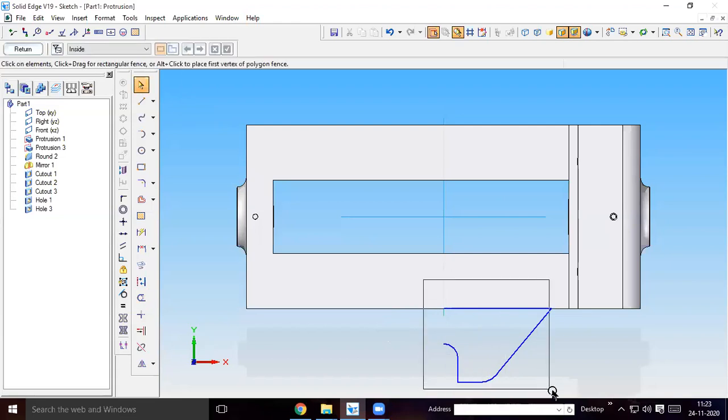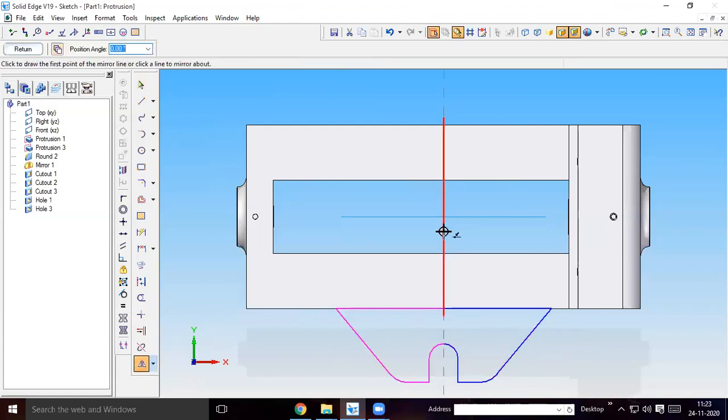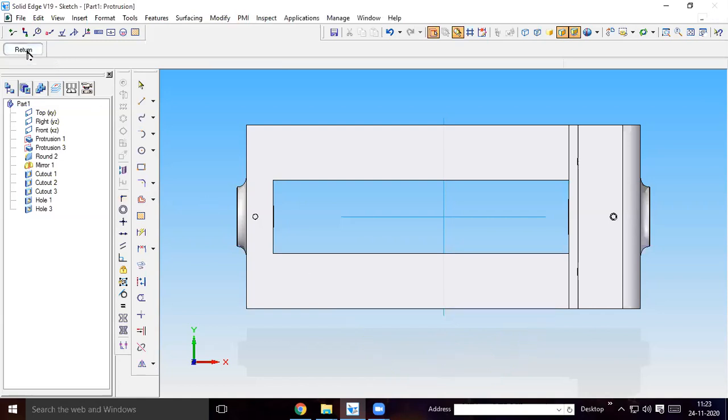We want to join now, sir, the lines. Which one? Sir, the wing. I will show you. You select this. Okay, mirror option, mirror with respect to this plane, so that you will get like this. Once you use mirror option, end of this point and end of this point is not connected. Connect this line by using connect option. Here also end of this curve and end of this curve is not connected. Connect this. Okay, then you can say return.